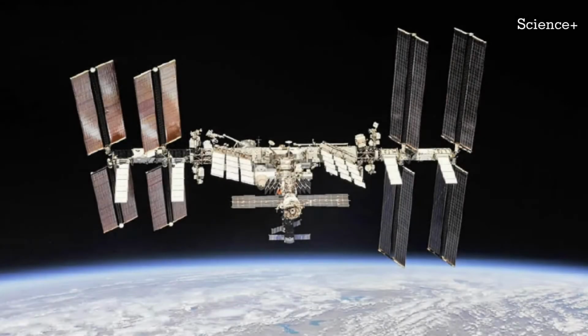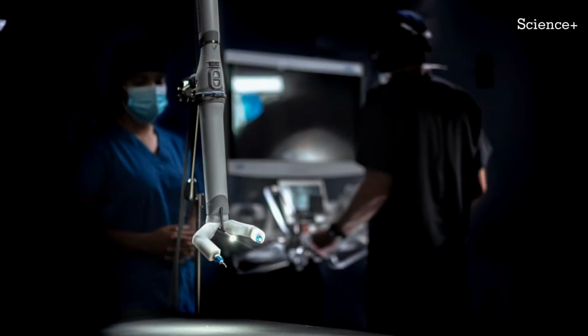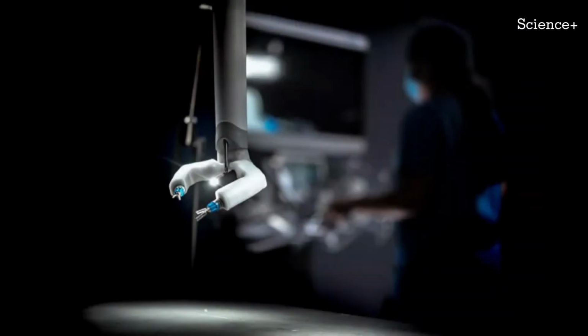Farritor is a professor of engineering at the University of Nebraska-Lincoln and co-founder of Virtual Incision, the company behind Myra. The 2-pound bot basically looks like a white rod with a duo of small arm-like attachments on one end. These attachments are each adorned with 2 metal instruments. It's the product of nearly 20 years of development. Virtual Incision has attained more than $100 million in venture capital investment since its genesis in 2006. To add to that, NASA recently awarded the University of Nebraska-Lincoln $100,000 to get the device ready for the 2024